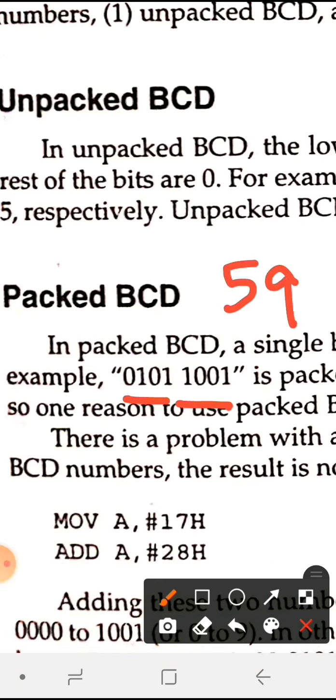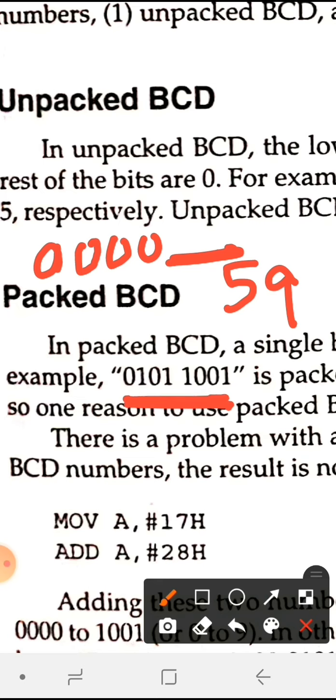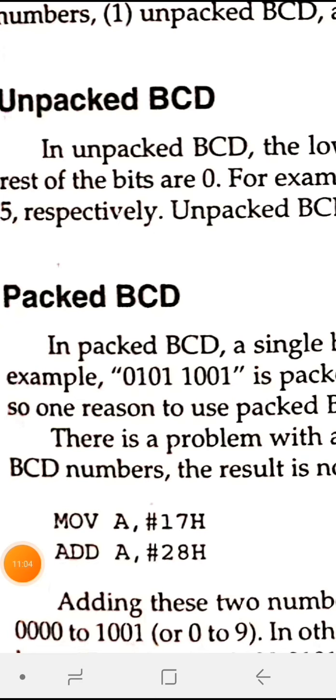Whereas in unpacked BCD, if you want to represent the same, the higher 4 bits will be 0 and only the lower bits will give you the BCD form. In packed BCD, the single byte has BCD numbers present in both the lower 4 bits and the higher 4 bits.